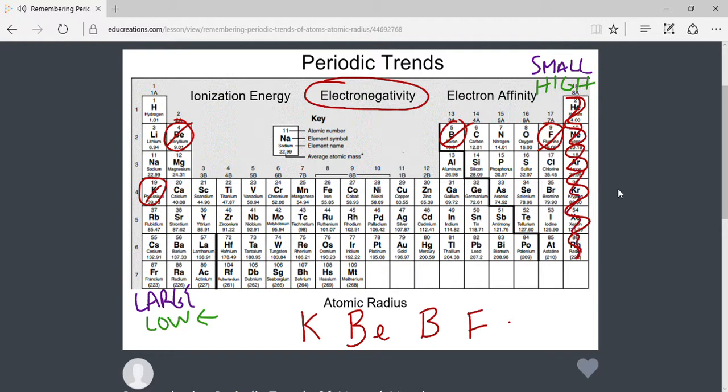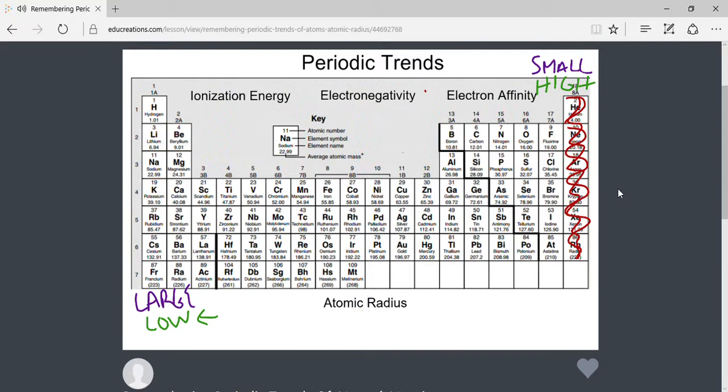The reasoning for exclusion is that the attraction for valence electrons of these gases typically is not thought of as a concept that exists to a great extent because of what we have called octet, a stable electron arrangement around these atoms. The general pattern for electron affinity, or the energy change that takes place when an atom attracts a valence electron, follows the same general pattern as both ionization energy and electronegativity. Once again, the words low and high that we have written as our memory tools on the periodic table help